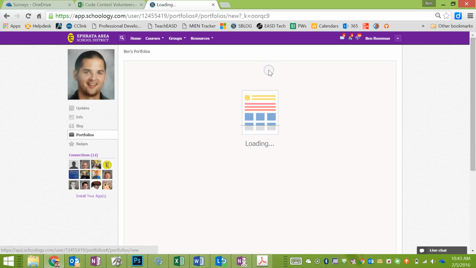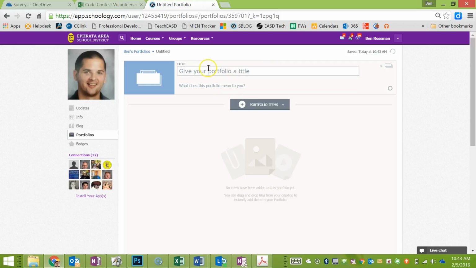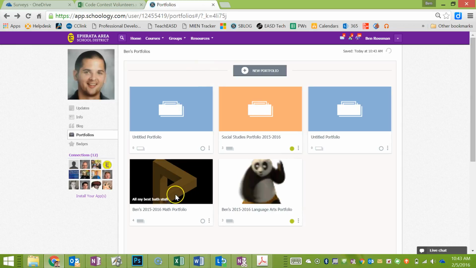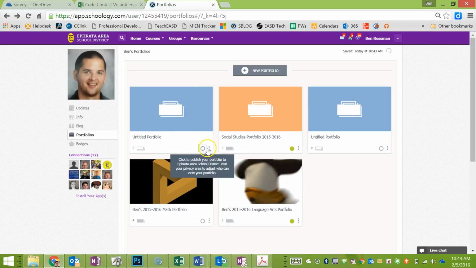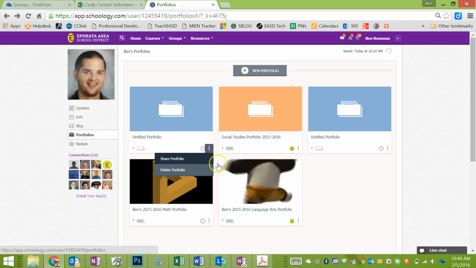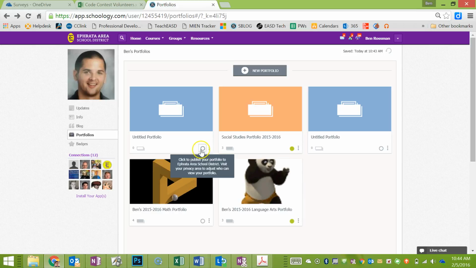If you click New Portfolio, you'll see all of the options for giving your portfolio personality and specific information. So title, description. If you edit the portfolio image, you can do things like what you saw on my portfolio page with the Kung Fu Panda and this kind of optical illusion. This takes animations and pictures, or you can just simply change the color or leave it alone and just let it be the standard blue. Remember, you can share by clicking these 3 dots and then saying share to get a link to your portfolio, or you can click the green or turn the circle green